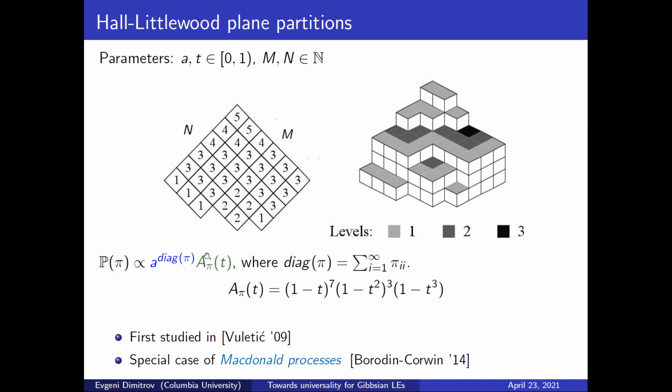Now, the second factor is going to depend only on the parameter little t, and it's a polynomial in t. It's a product of simple factors that are 1 minus t, 1 minus t squared, 1 minus t cubed, and this factor reflects the geometry of the plane partition. I'm just going to explain using the picture how you write down this polynomial. What we're going to do is look at the balconies, the flat level planes that you have in your plane partition, and these correspond to connected components of cells in the array that have the same entry.